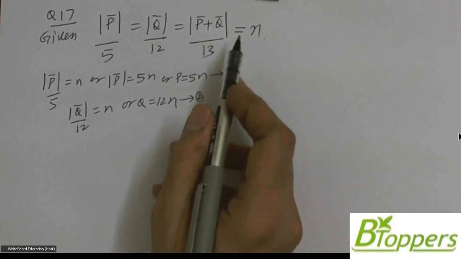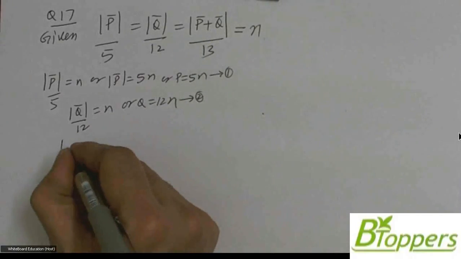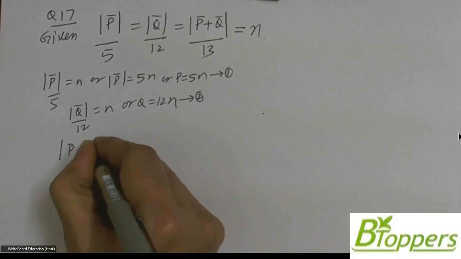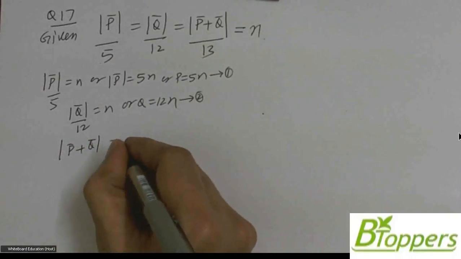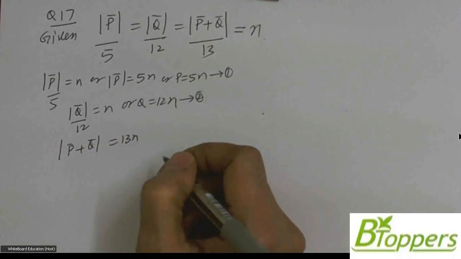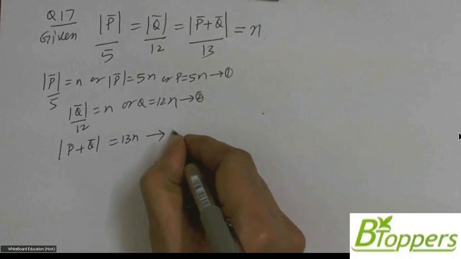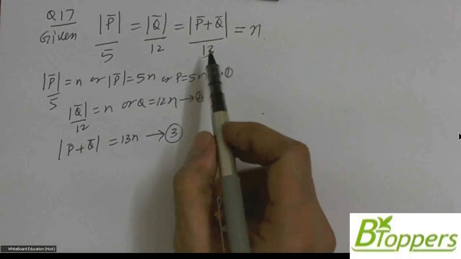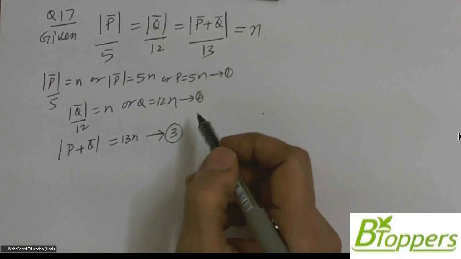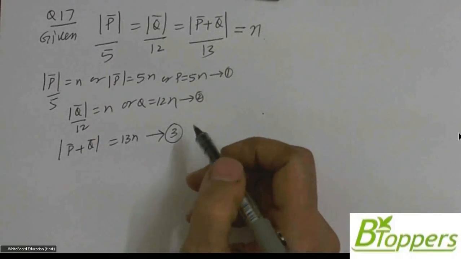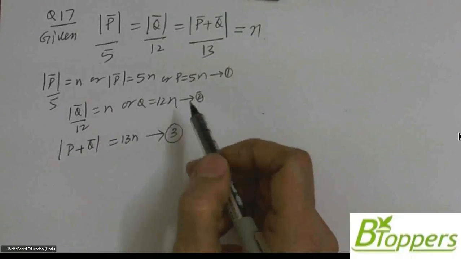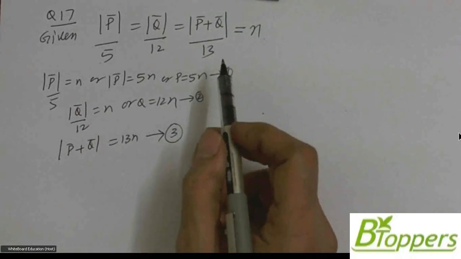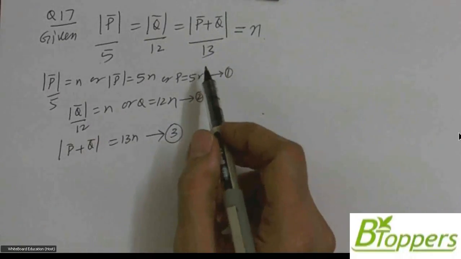Considering the last two, magnitude of the resultant of P bar and Q bar equal to 13n. This problem can be solved by two methods. This problem can be solved by the same method which I have discussed for the question number 11 previously,